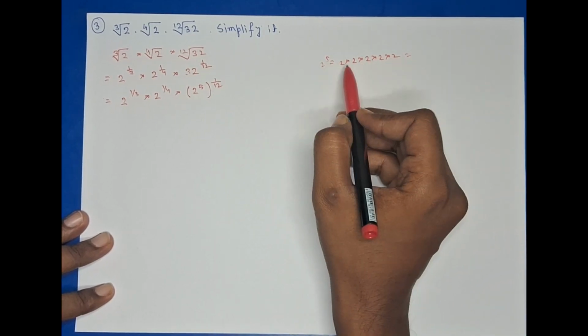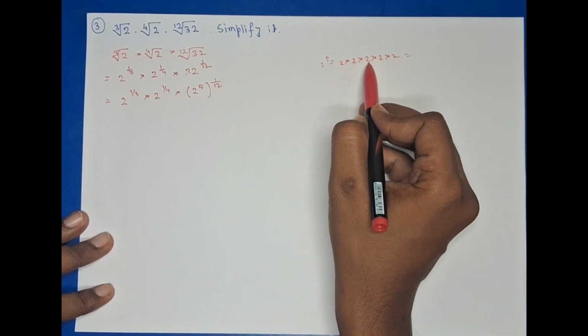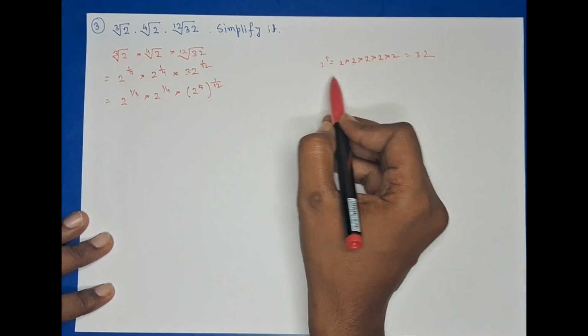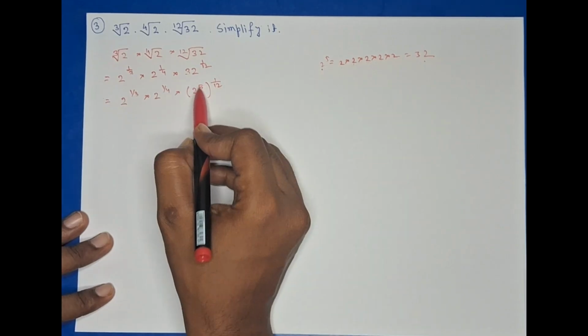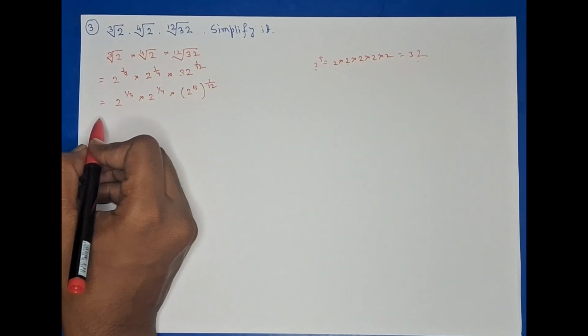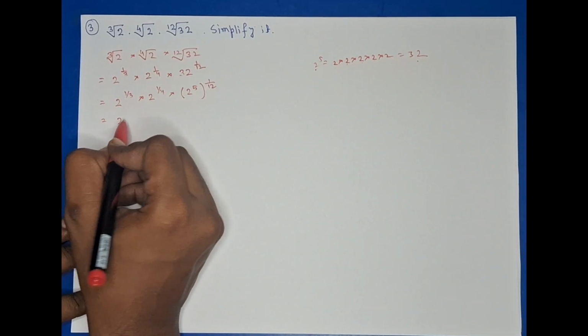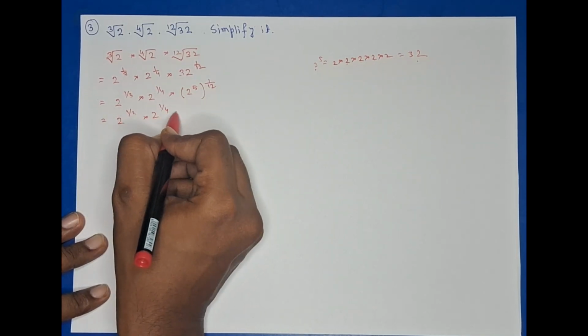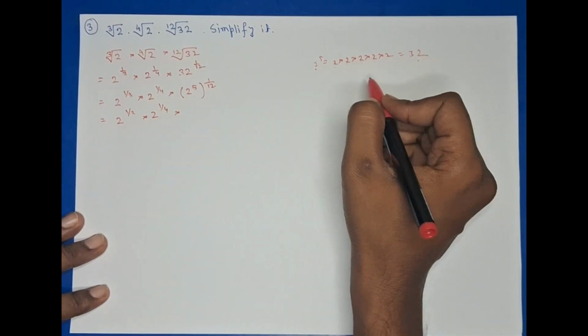Okay. And this is 2 2s are 4, 4 2s are 8, 8 2s are 16, 16 2s are 32. So we can write 32 as 2 to the power 5. That is what I have written here. Right. So again we are writing 2 to the power 1 by 3 into 2 to the power 1 by 4 into, we have